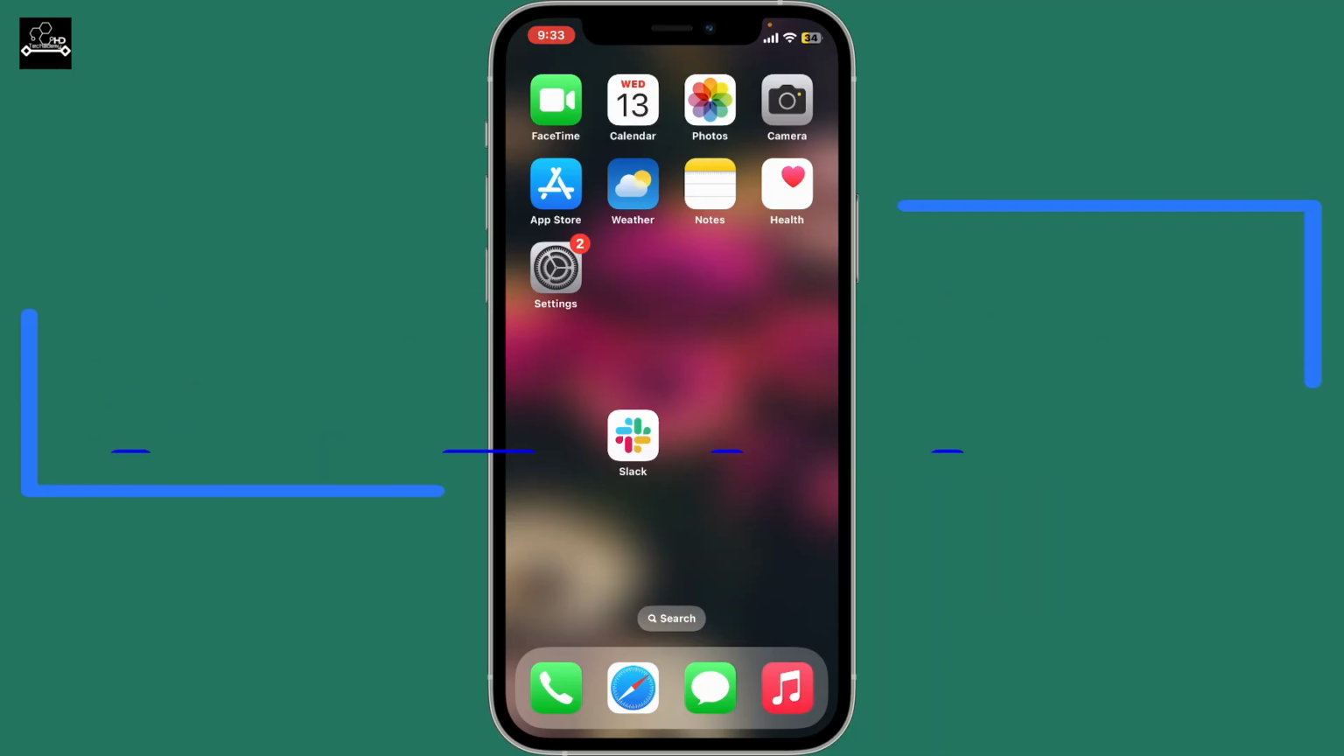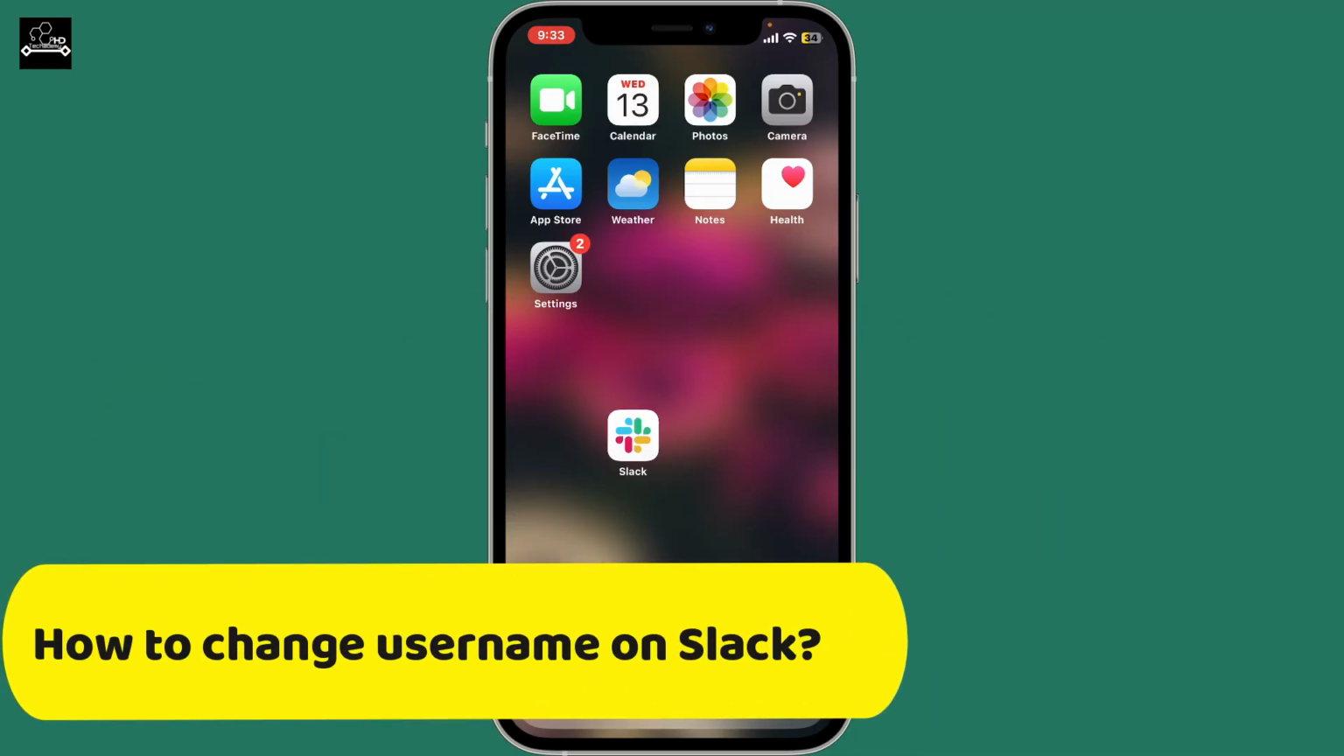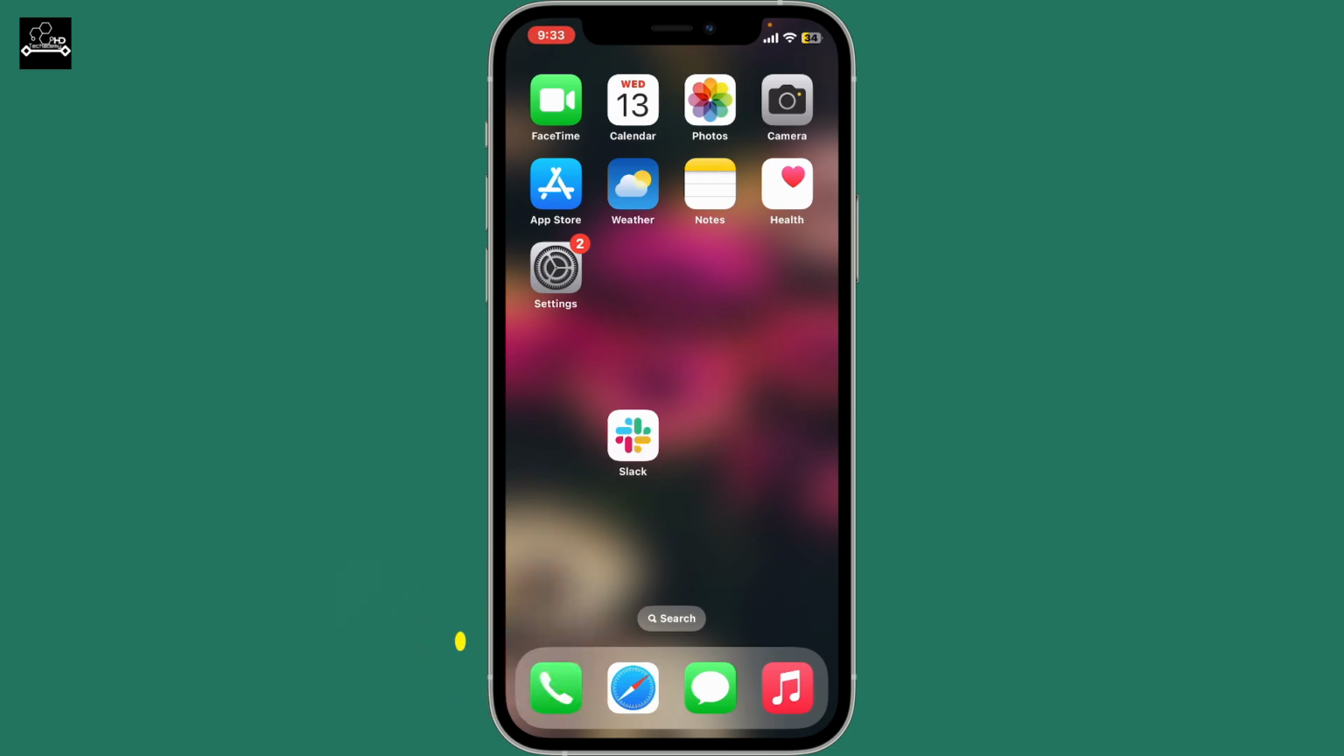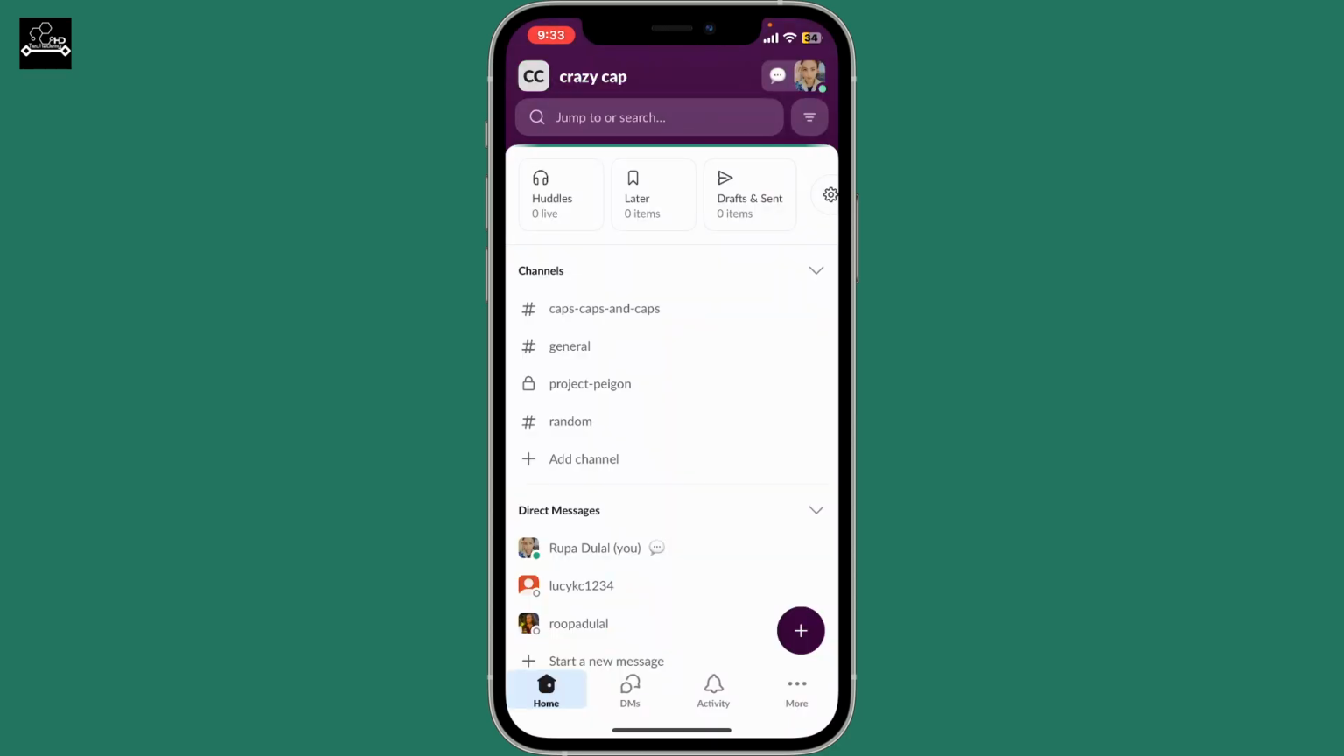Today in this episode, we will be learning how to change username on Slack. To change your Slack username, first of all, open up the Slack application on your smartphone. Once you're inside the home page of Slack, go ahead and tap on your profile picture at the top right